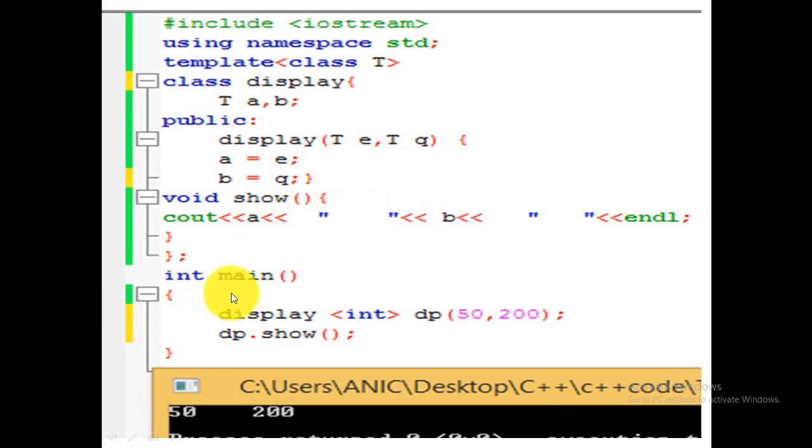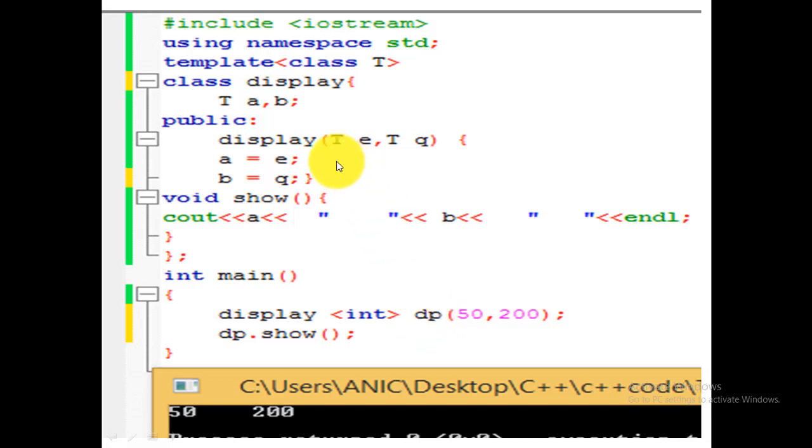So the class ends here, and in the main part we are creating the object of class display. We know that if we want to access the content of a class, we have to create the object of that class. So here we are creating the object of display with the object name DP.